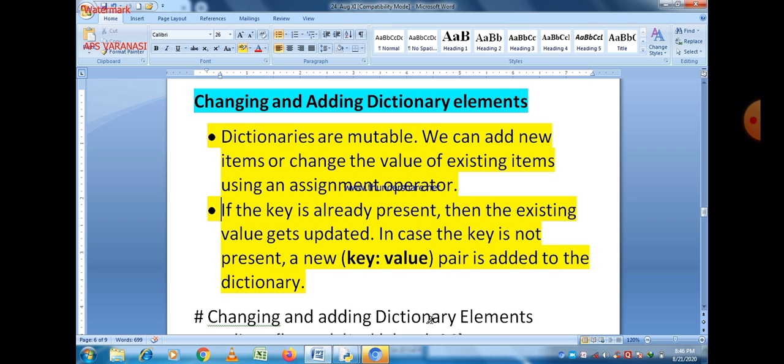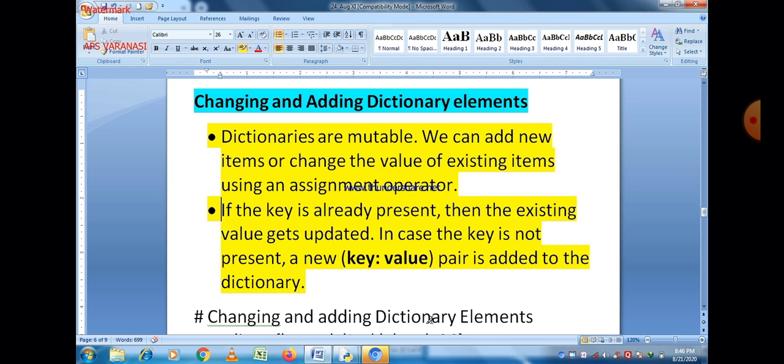Second point is changing and adding dictionary elements. Dictionaries are mutable, as we know, and we can add new items or change the value of an existing item using an assignment operator. And the second important thing is if the key is already present, then the existing value gets updated.